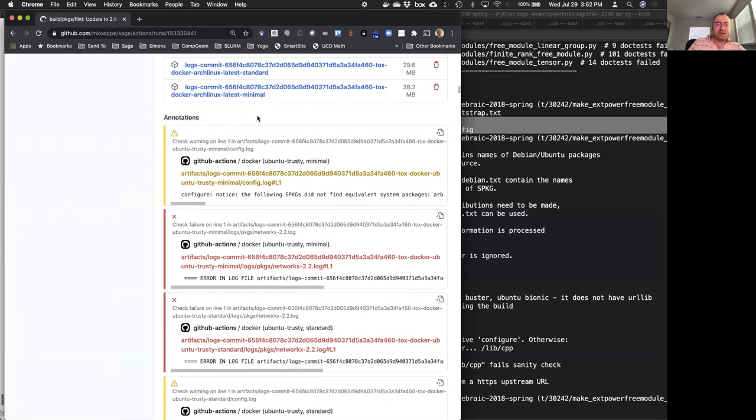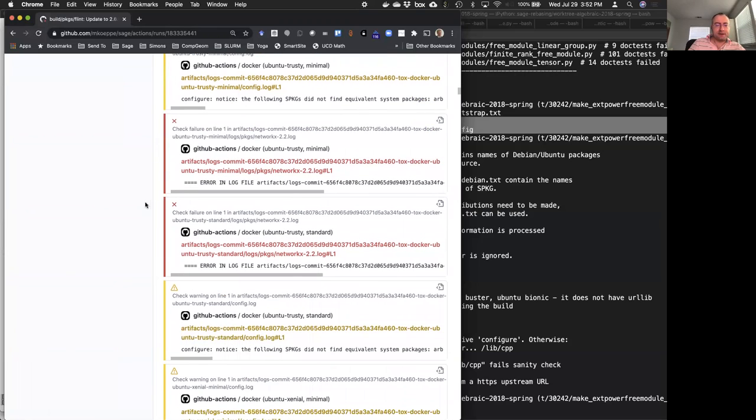And in these annotations, all of these things that are flagged as warnings or errors, you can see them here in yellow and red. And that's now a summary over all the builds. So we were just looking at the Debian